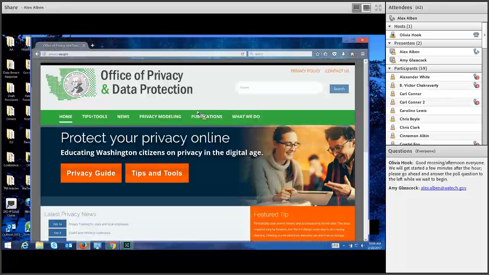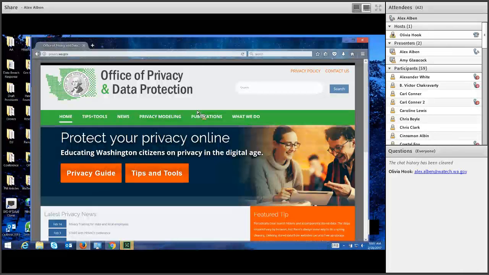Privacy modeling, as we mentioned in the introduction, is sort of an experiment to see if we can use technology to scale where, you know, a very small office can't reach everybody in state government. I'm sure that's the case for most of you. We have over 50 state agencies. They're very independent. It's not that people were not working on privacy before my office was created, but we didn't have a lot of coordination or organization or training. This is, as I said, one of the first steps towards that.